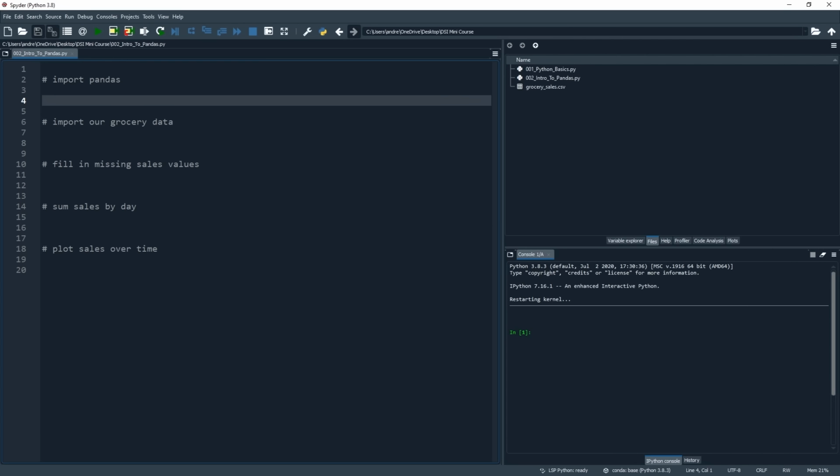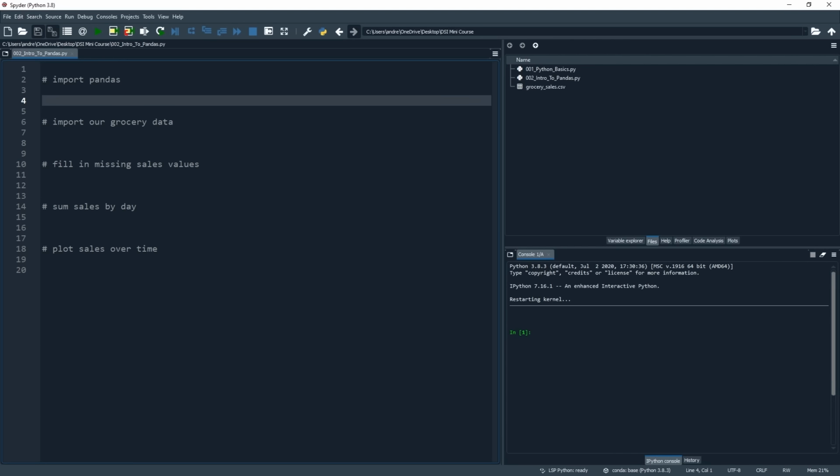It may be that we need to clean our data. For example, we need to deal with missing values or outliers. We might need to change the format of our data and then export it for use in machine learning models or data visualization. We may need to join or merge multiple datasets together, or we may need to aggregate up key statistics to gain impactful insights for our company. All of these can be done easily and intuitively in Pandas. So like I say, it is essential knowledge to have.